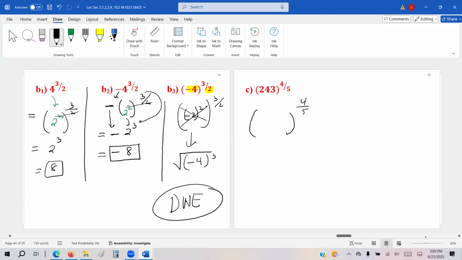So you may wonder, well, how would we know it's 3 if it's a big number and you're not able to use a calculator? So you're going to use deduction. Is 243 an odd number or an even number? Odd, because the last digit is 3. So definitely the answer will not be an even number, right? It doesn't matter how many times you multiply an even number, the answer is always even. That means the result has to be an odd number.